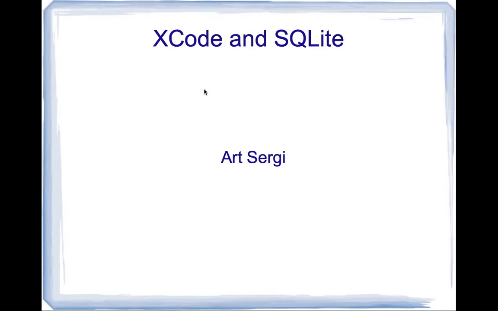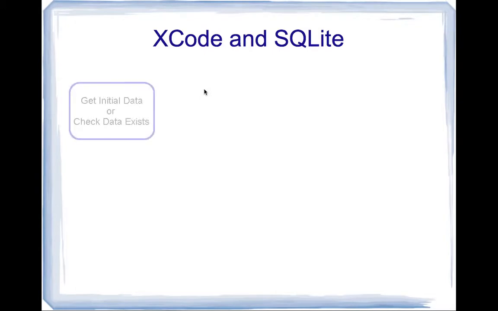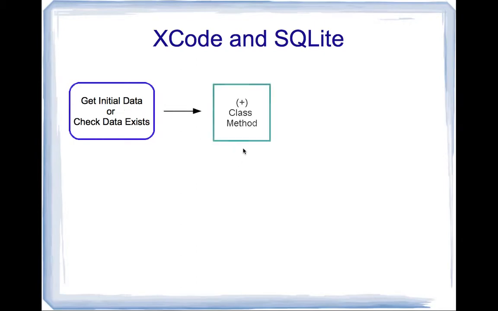Okay, this is our presentation here on the follow-up to Xcode and SQLite, just to ensure that you understand why the types of methods were created and why they were set the way they were set. Now, in the getInitialData or checkDataExists method, that's a class method, meaning that we simply run the method from the class. In doing so,